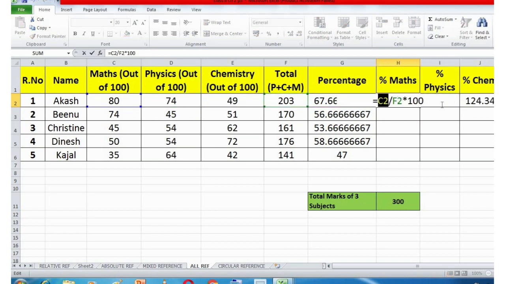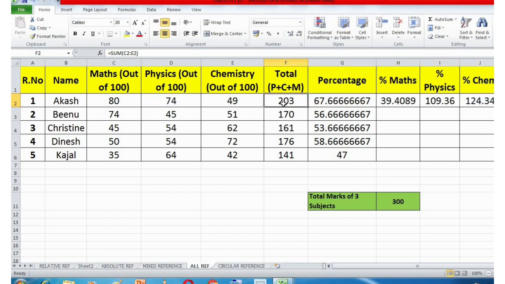And D2 for the percentage physics formula is also correct. But let's talk about this G2. Where is this G2? G2 is this. This cell is G2, which should not come. What should come? F2 should come.